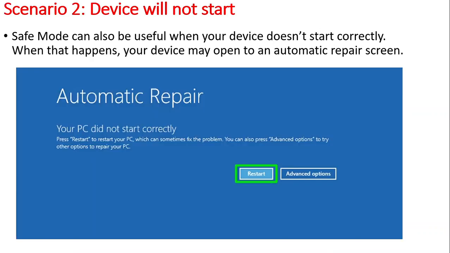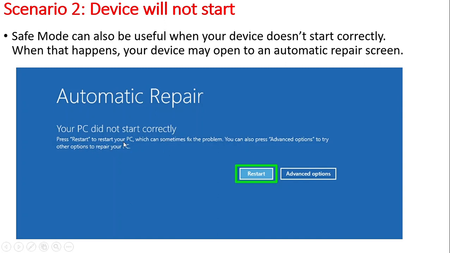And when it comes to scenario 2, this is how you can enter into the safe mode. Sometimes your device will not start correctly. Sometimes when you start your device, this window will pop up: automatic repair. And you can see the error here, right? Your PC did not start correctly.